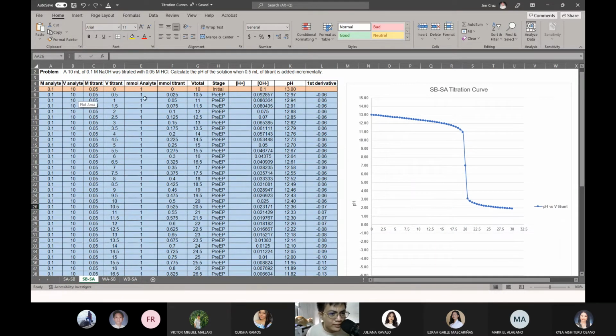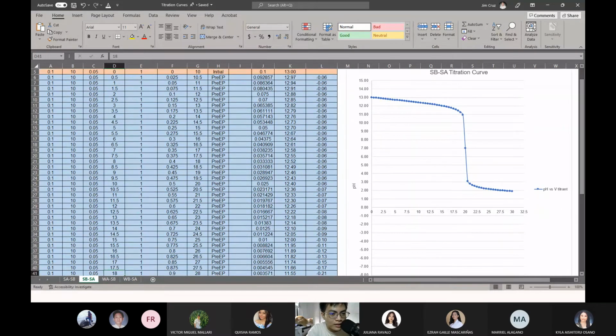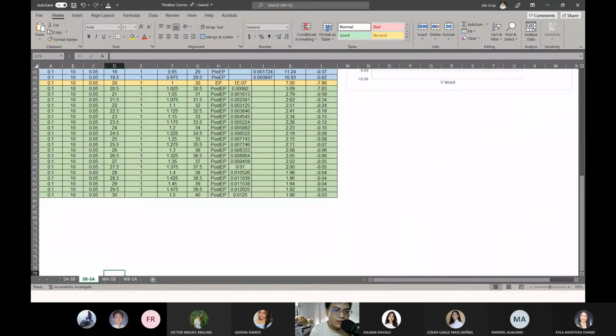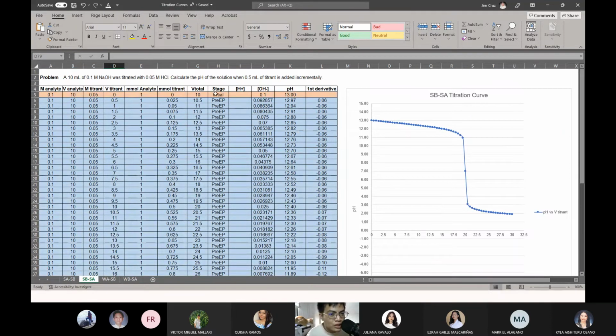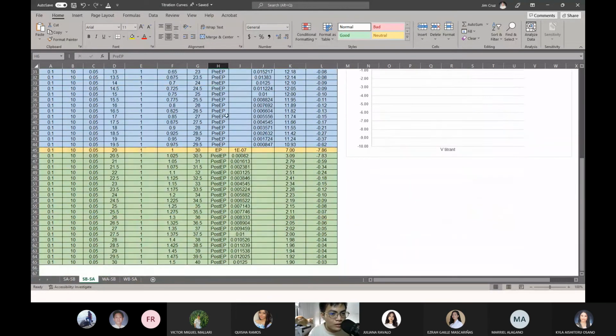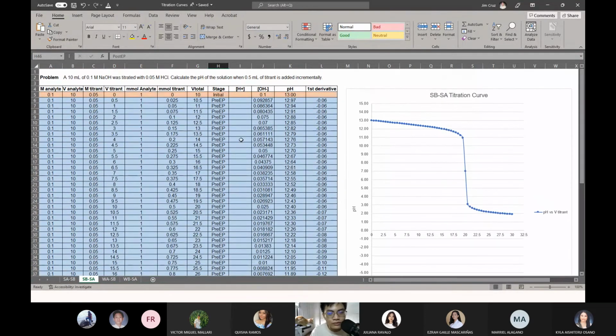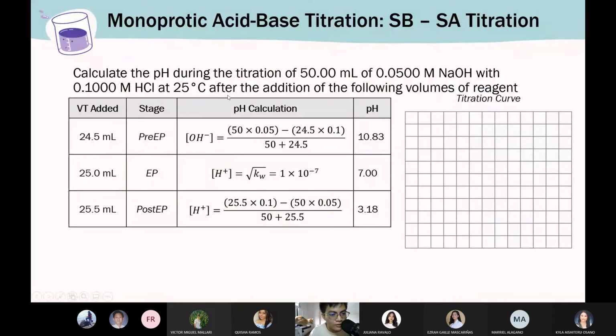Okay, so ganun din. Dito, ito yung volume of titrant, for every 0.5 mL increments. So 0.5, 1, 1.5, etc. Kailangan alam mo yung stages mo dapat, of course. So I have here my initial, pre-equivalence, equivalence, and then post. Then, just using the equations that we have, ito yan, yung mga yan,